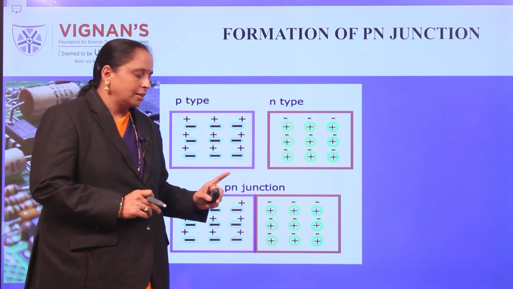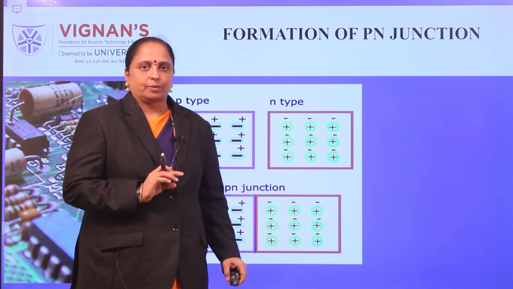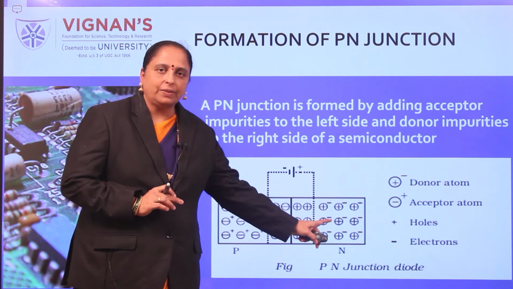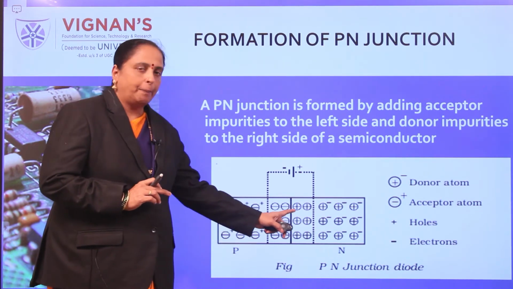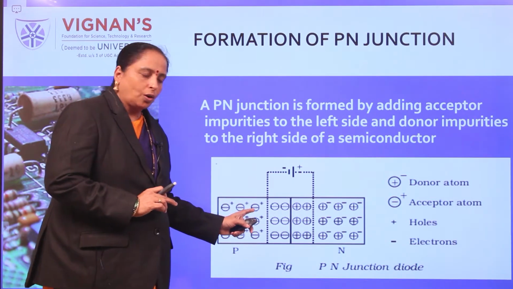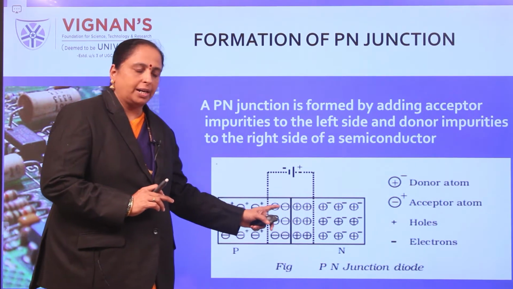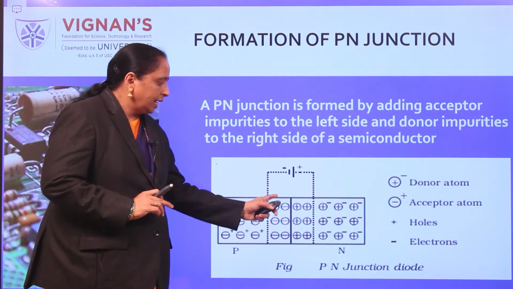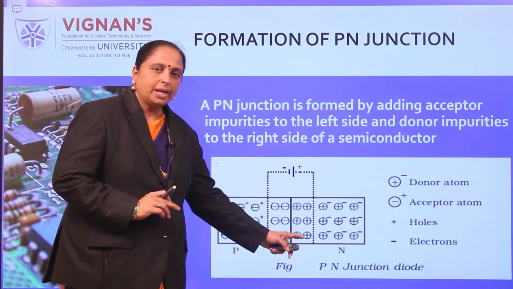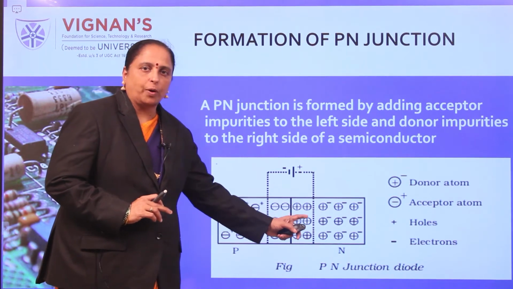Open circuited means we are not giving any external supply to this PN junction diode. When a P material is combined with N material, it will form a barrier that is known as a depletion layer. When holes cross this barrier and enter the N region, or electrons cross this barrier and reach the P material, they leave oppositely charged ions at the back side. Therefore, they will form a strong electric field among these negative and positive ions.